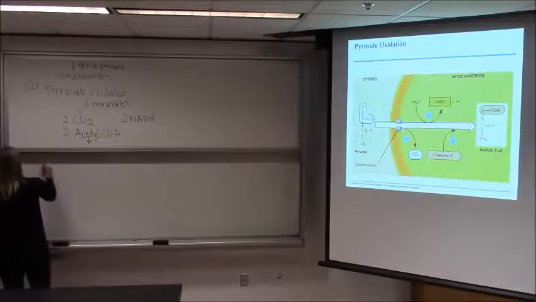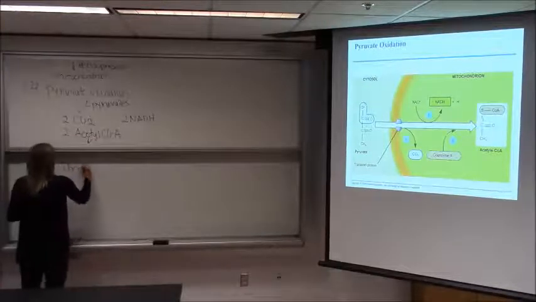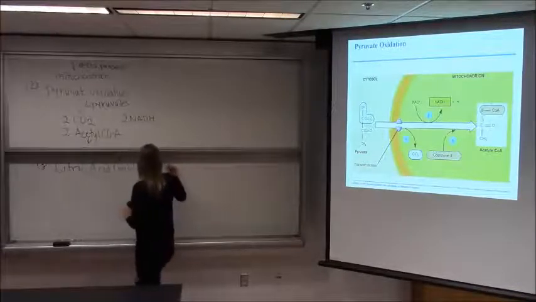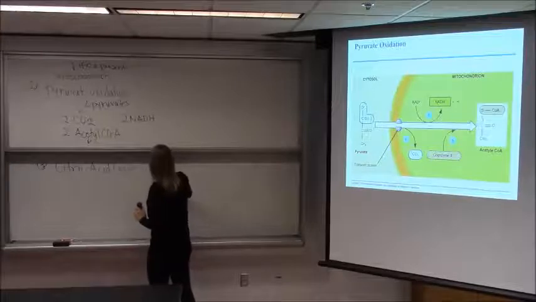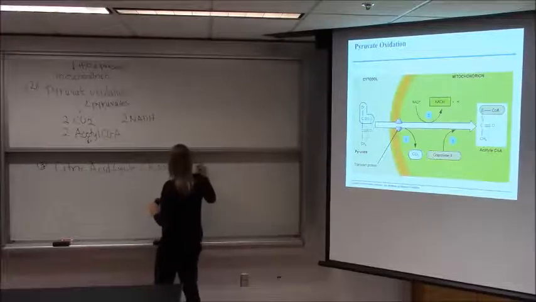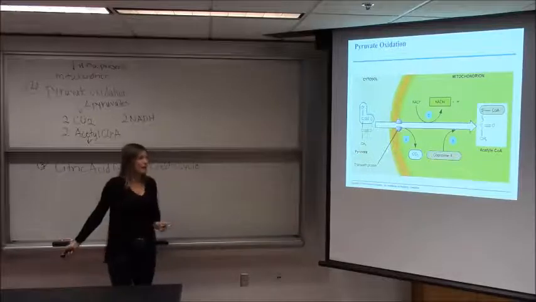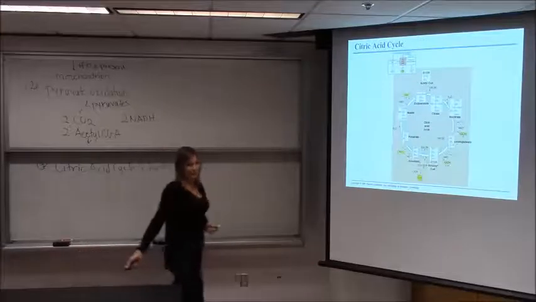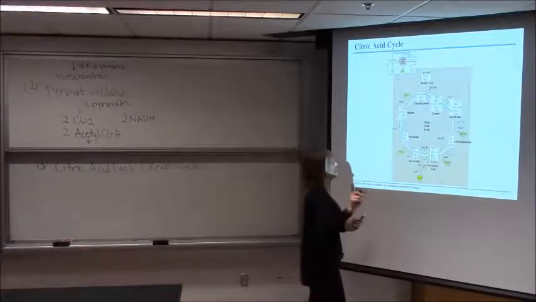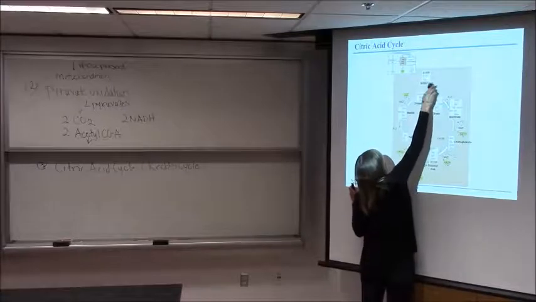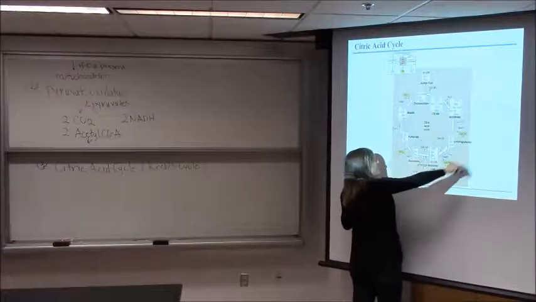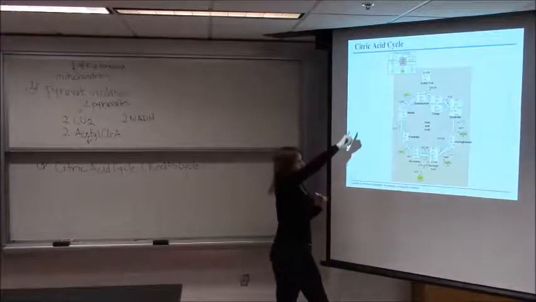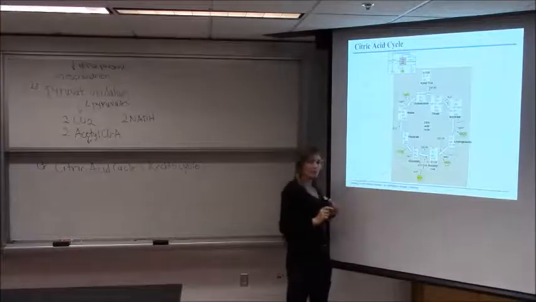The next stage of cell respiration is called the citric acid cycle. It's also called the Krebs cycle. Krebs is the guy who discovered this process. Again, you don't need to know all the details of the citric acid cycle. Here are the details. You do not need to know this level of detail. You need to know we start with two 2-carbon molecules called acetyl-CoA. And each one of those is going to go through this. So for the one glucose we started with, we're going to go through this twice because we have two acetyl-CoA